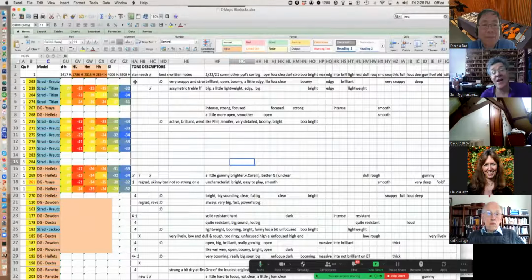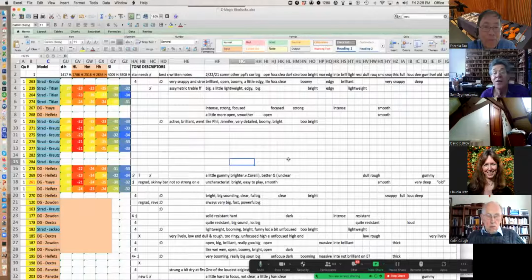More recently, a big smiley face means everybody liked it a lot. A face with a little question mark means we're not so sure. It's not an outright frown, but one side is up and one side is down. On this fiddle, it was a little gummy and maybe not as clear as I wanted. And then I also have